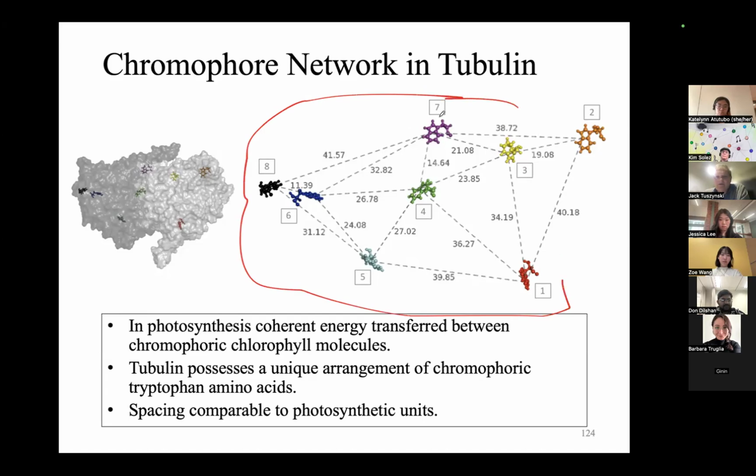Here is the network of 8 tryptophans. The photosynthetic 8, right? So 8, and so that's the same network in a single tubulin. Here is the protein structure, and this is just abstracted out, showing you these aromatic rings here, and they're very detailed